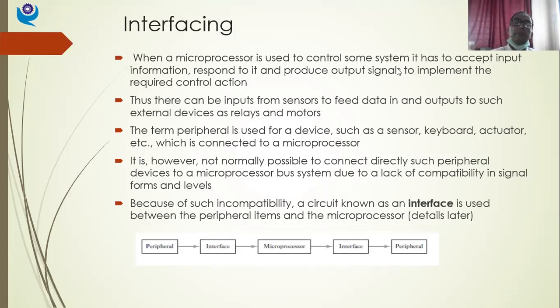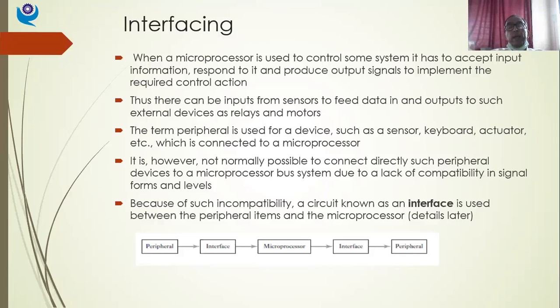Let us quickly see. When a microprocessor is used to control some system, it has to process the information, respond to it and produce an output signal to implement the required control action. That's what we discussed. It will take the input, process it, and give it to the output elements.